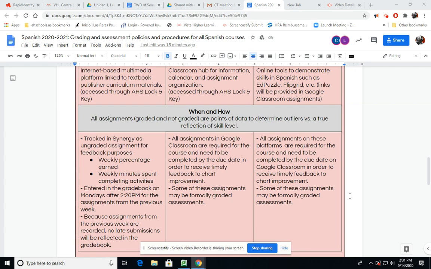The Google gradebooks should have been disabled in all of your classes, from what I understand, just so that people don't get confused as to what the gradebook is. It's when you log into your AHS Lock and Key. Like even Vista has a gradebook, and I should mention that also. I use that data, but I'm not in Vista that they generate.